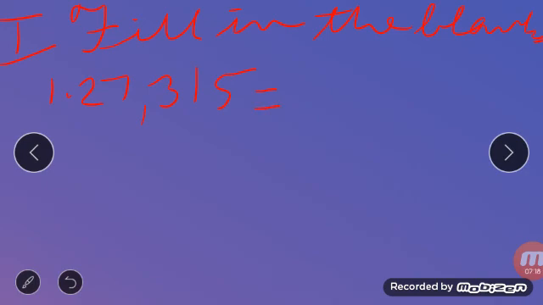You can take out page number 24 of your book. Now you have to write this in expanded form. As this number, see children, this is ones place, this is tens place, this is 100, this is 1000, this is 10,000. Now you can read it. What is written? 27,315. So here in your book you can see dash 10,000 is written.